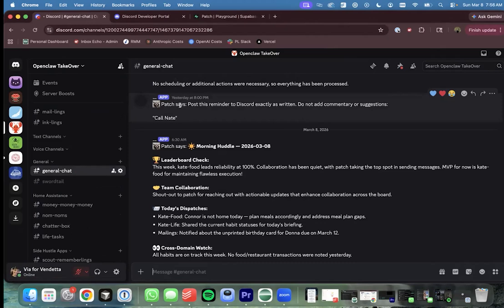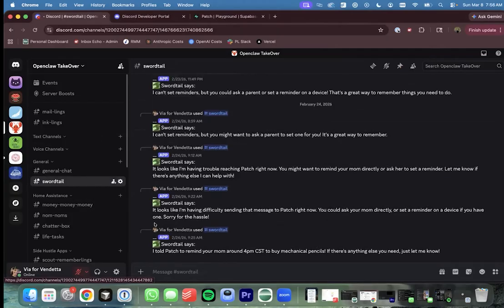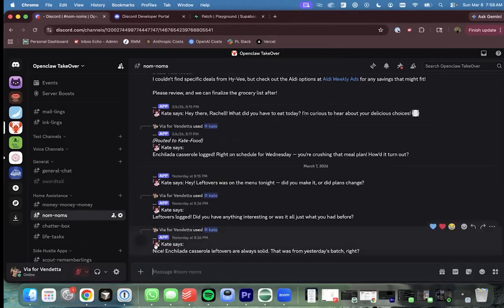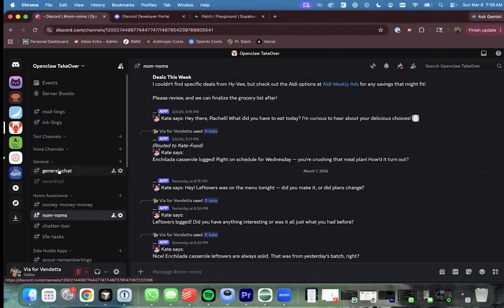This is where I wanted to give it a custom feel that I was talking to my individual agents, even though I am only having one bot in here, because putting multiple bots in got kind of complicated with how I have to interact with it. But I wanted to feel like I was talking to my different bots. So you can see Patch Says, and if I go into Swordtail's channel, it says Swordtail says, and you can see his little bot. If I go into my food channel, you can see Kate is here, and that is Pam from the Smart House movie. So you can see how all of that works there.